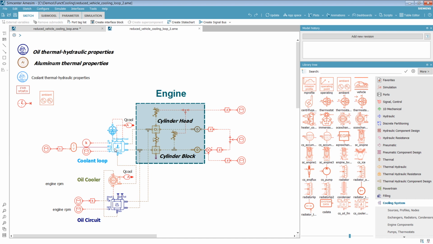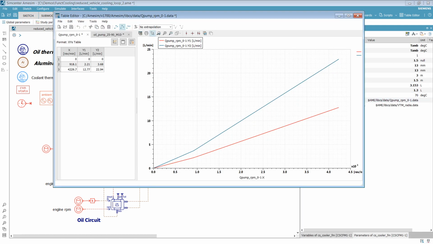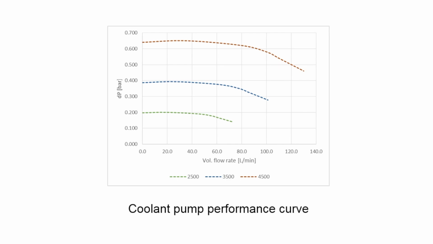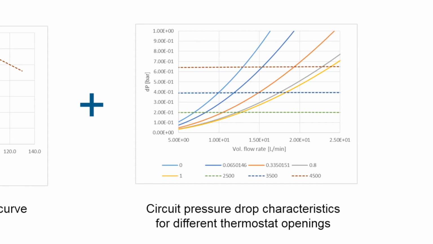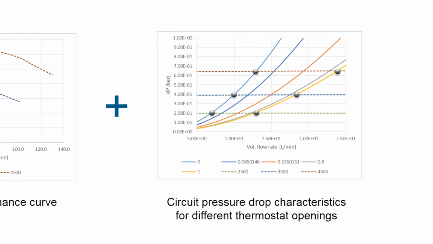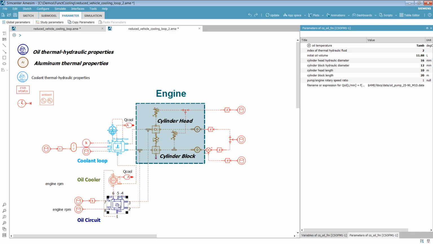How is each subsystem's performance defined? Flow rates and temperatures are calculated, while pressure variations are ignored. The coolant flow rate is defined by two curves, in function of the pump rotary speed and the open or closed thermostat condition. These two curves can be easily built from the detailed model, considering the pump curve and the circuit pressure drop characteristics. The interpolation between these two curves is done automatically for intermediate thermostat positions.